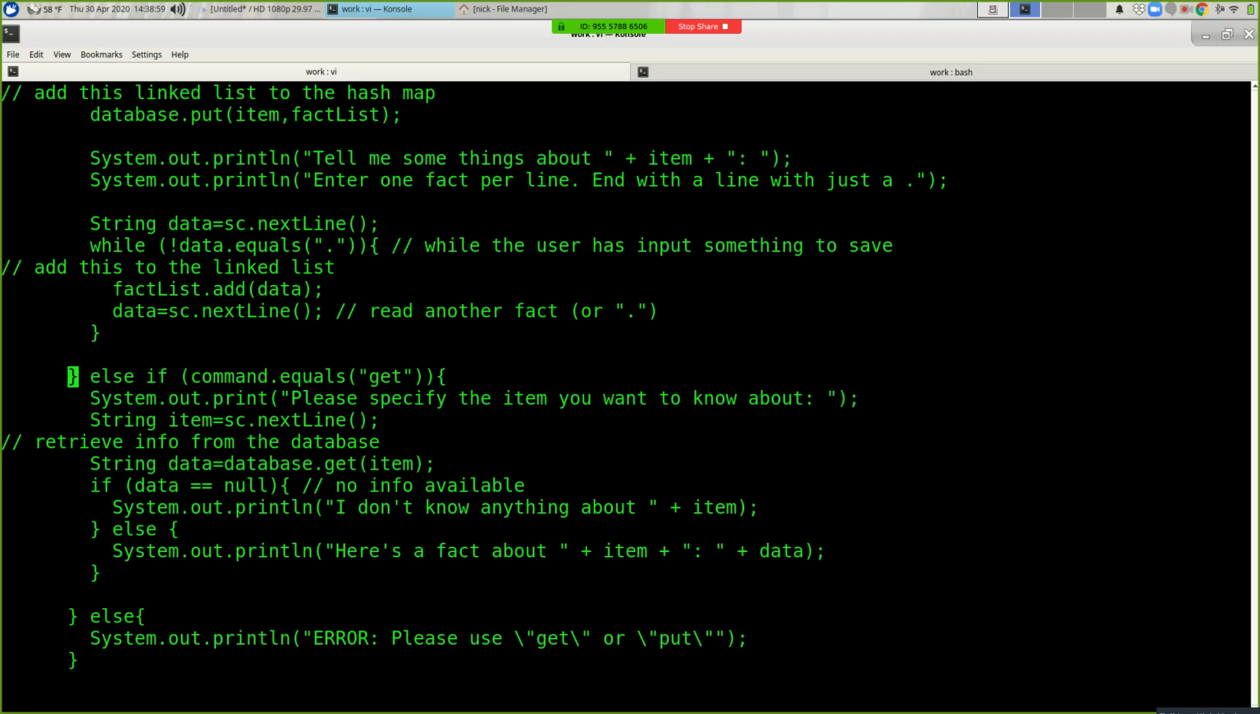Otherwise, if they say get, specify the item you want to know about, we'll get an item from them, let's retrieve the info from the database. So this time what we get from the database is going to be a linked list of type string. And if that thing comes back null, then we know that there's no information available. Otherwise,